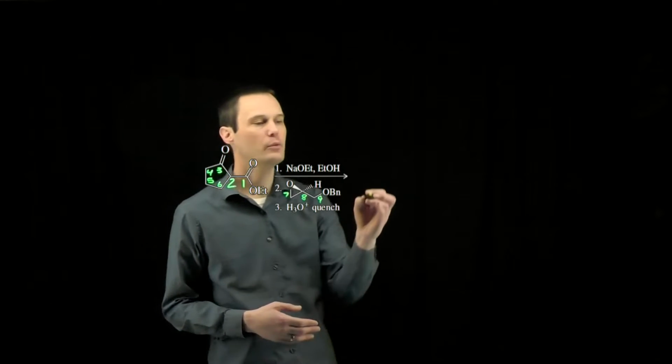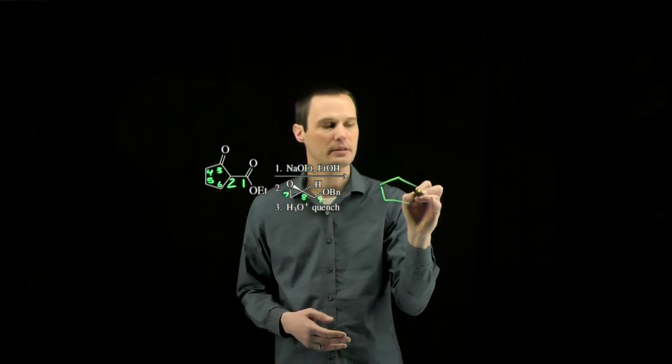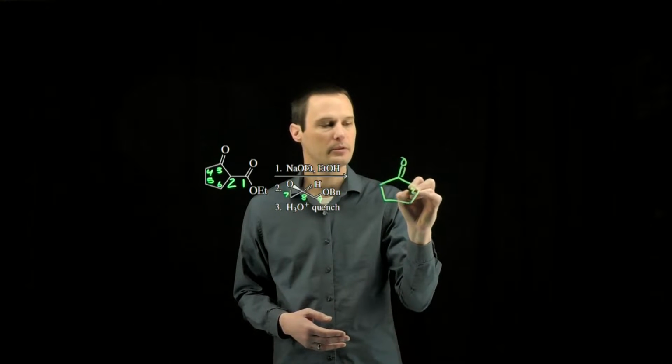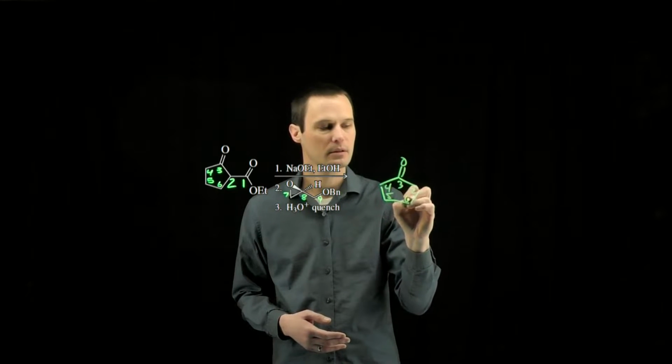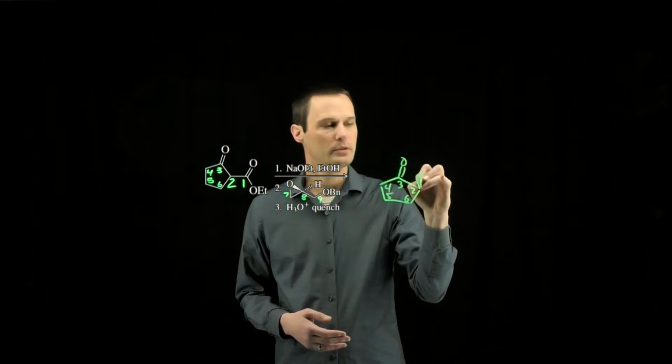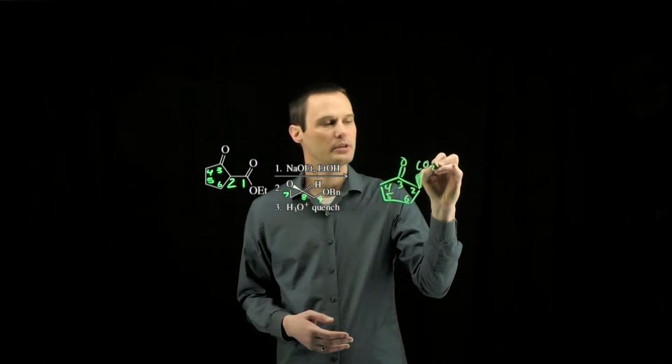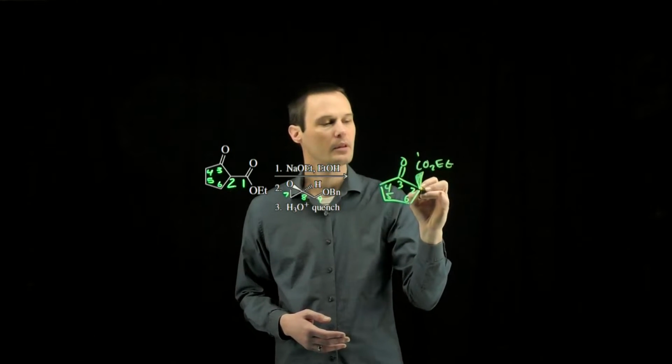So our product then will have our cyclopentane ring still intact. That's carbons 2 through 6. Carbon number 1 will still be attached. It will be a new stereocenter now. And then we will have